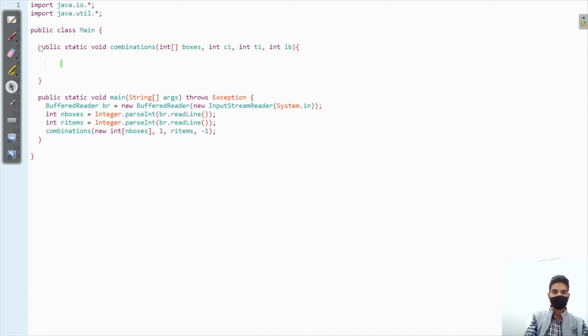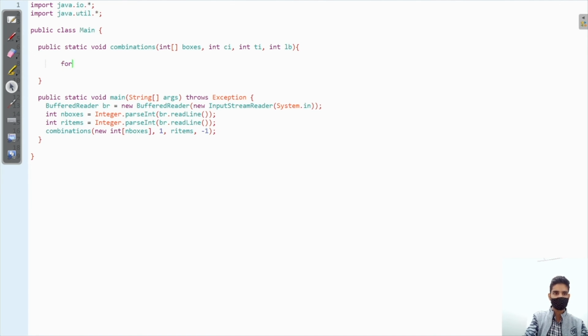This will represent our index value, or you can say last block, LB. Initially this value is -1, so don't get confused. -1 represents that we have traversed -1 number of boxes. So we will start our loop from LB plus 1.